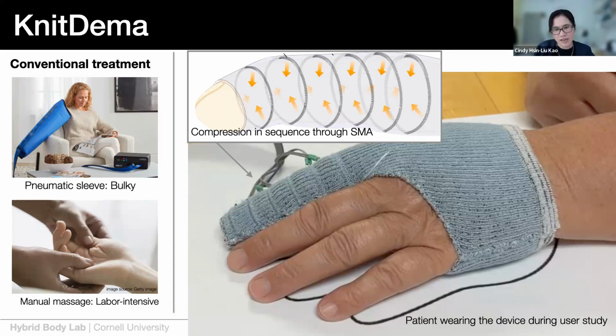However, it is very bulky, and because of the larger form of the pneumatic chambers, it's not able to go on the individual digits of the finger. Another approach that is known to be much more effective is actually manual massage of these hand edema fingers by physical and occupational therapists. But we can quickly see how this is very labor intensive, and it may deter a lot of people who do not have the same resources to get treatment for this very common